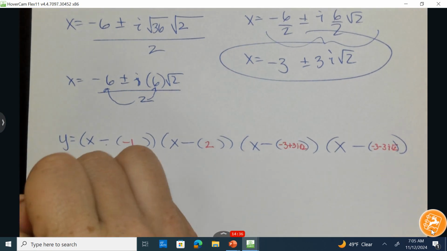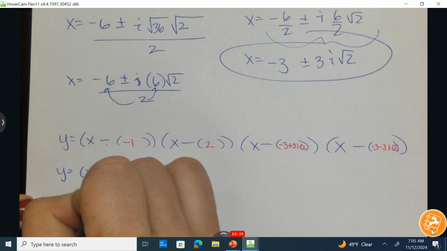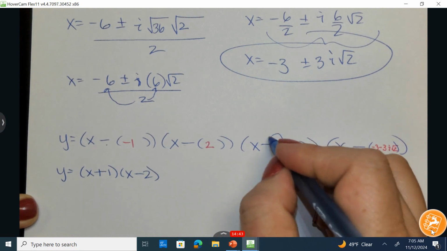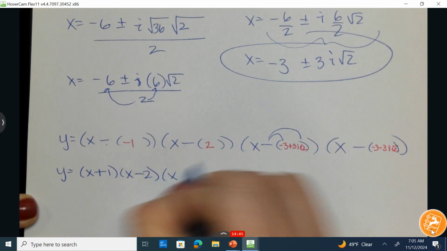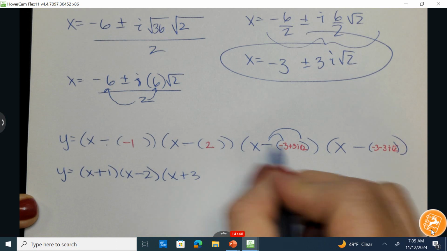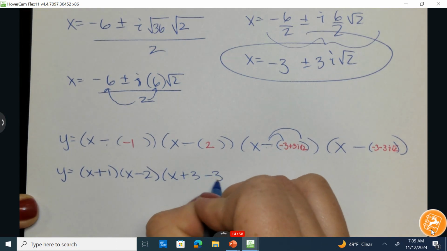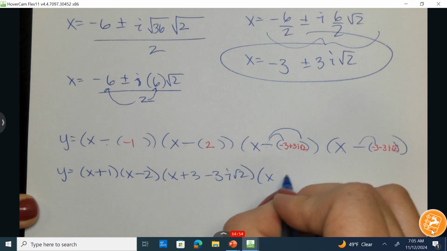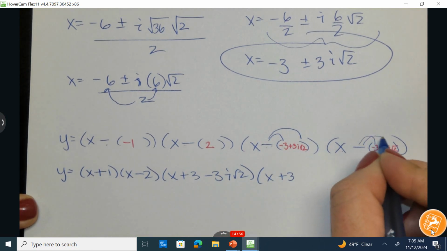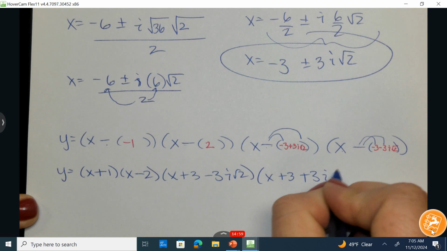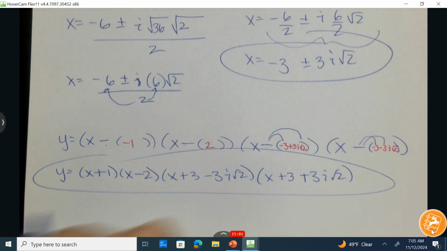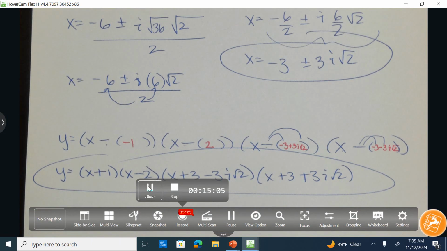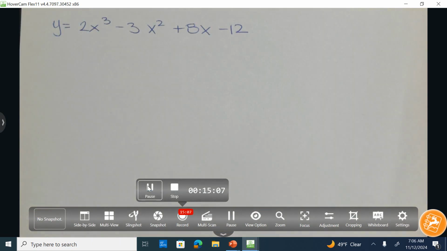Okay, 2 negatives make a positive. So x plus 1, then x minus 2, and then I have to distribute this to both terms inside. So x plus 3 and a negative times a positive minus 3i square roots of 2. x, 2 negatives make a positive, plus 3, and a negative times a negative is a positive. Let's look at our final answer. So in our final